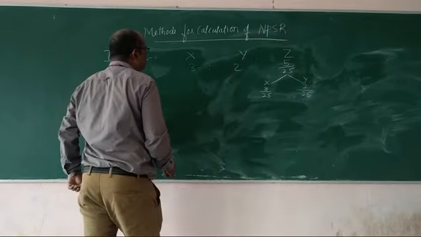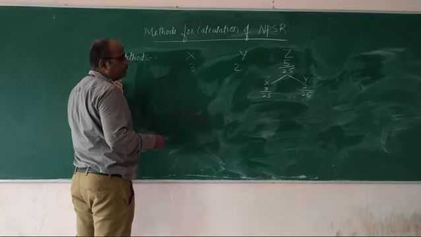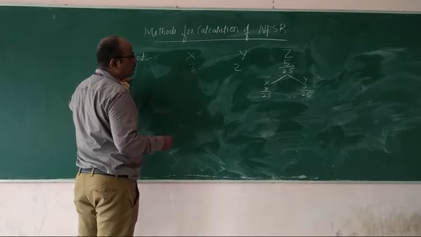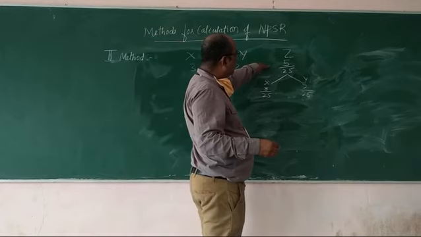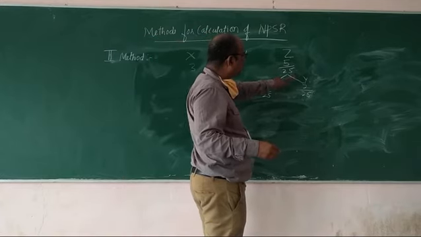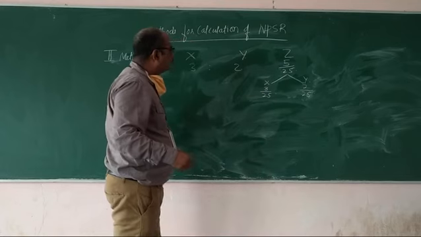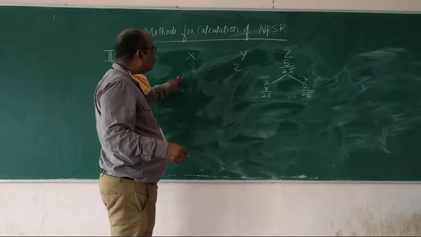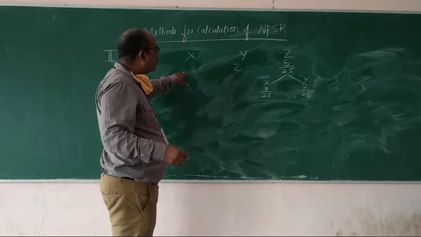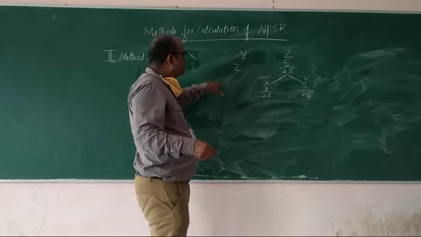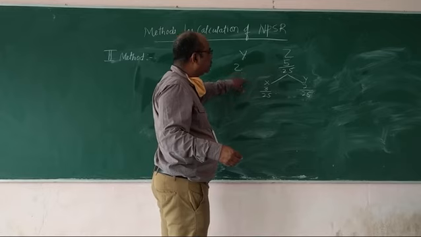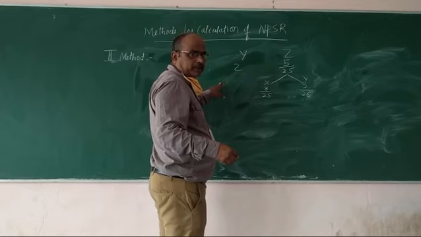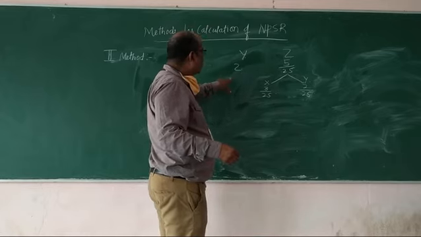So if you see this problem, you will come to know that this is the second method, where it is directly given how much ratio is given to Z and how you obtain it from X and Y. So here it is very simple to solve. What you are supposed to do is directly subtract whatever ratio is sacrificed by X and Y from their old ratios, and you will get the new profit sharing ratio of X and Y.